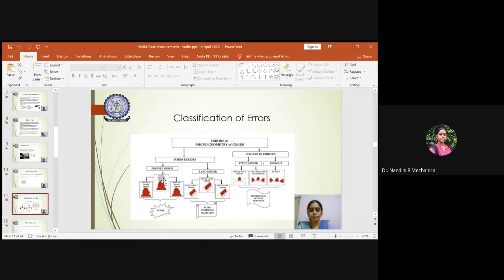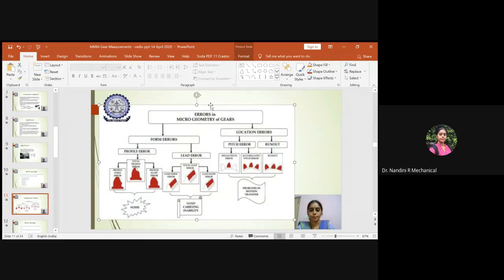Under the profile error, again, we dealt about three categories. So hope you remember all. Profile form error, total profile error, profile slope error. So this was related to the form of the gear tooth you're obtaining, where you'll get the deviation in the given profile of the tooth itself. The other part was the lead error. In this we had lead form error, total lead error, and lead slope error also. So these are the parts which we dealt with already, related to the errors which come across in the geometry of a given gear.